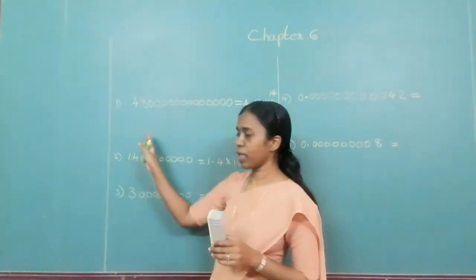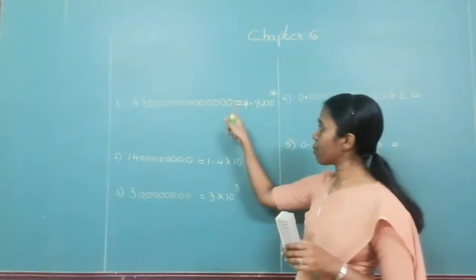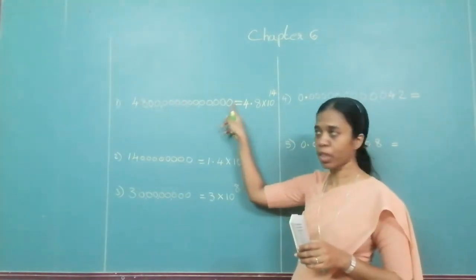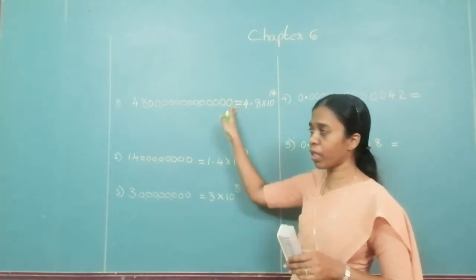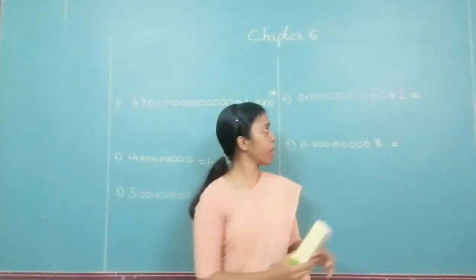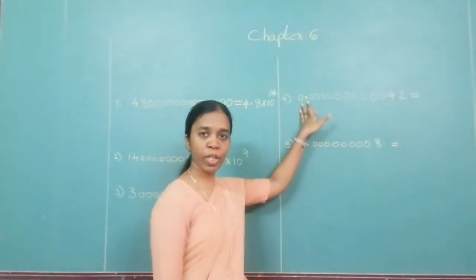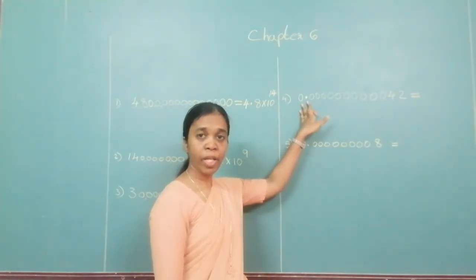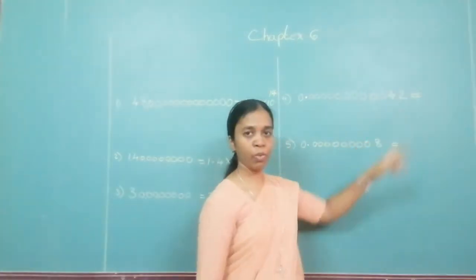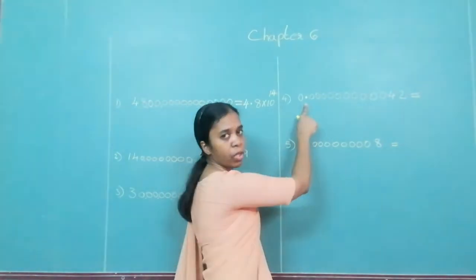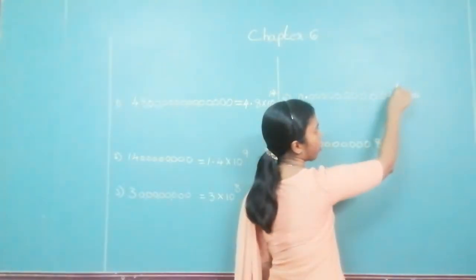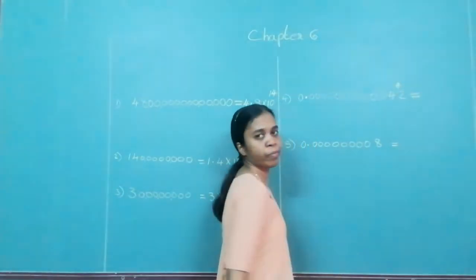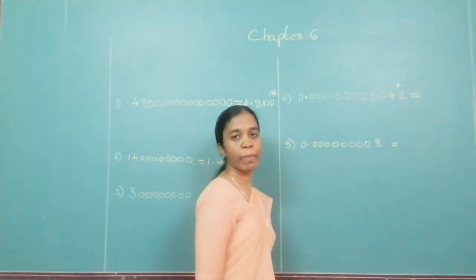Now in this case, as you can see, our decimal is at the end of the number. This is the biggest number. Decimal is over here. So we have taken the decimal from here to the left side. Now we have to write it in the form of one integer. So we have to shift this decimal from here by 4 points. So how do we bring the decimal to that place?